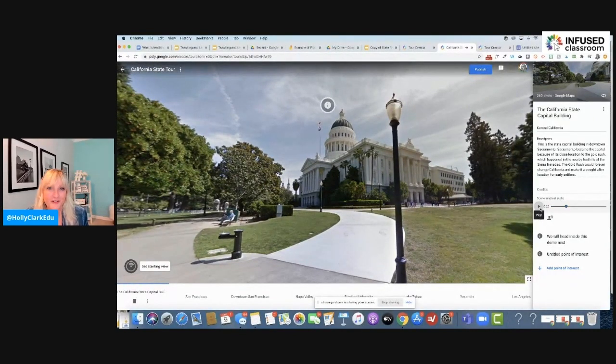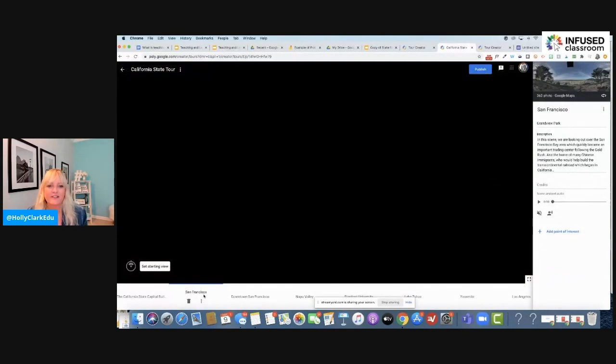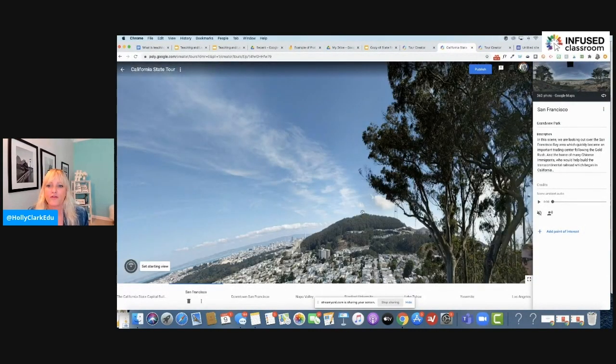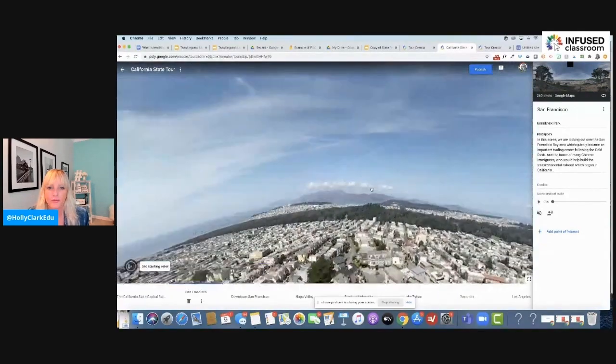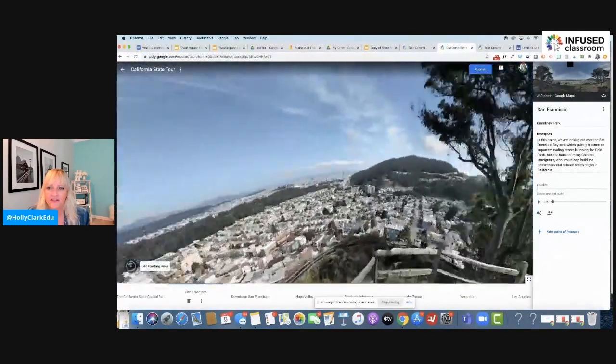Now, if you're not impressed right now, I don't know how I would impress you. So here she is at the Capitol building. She does the same thing with downtown San Francisco, or really an overlook at what I believe is probably Twin Peaks, looking out at the San Francisco Bay